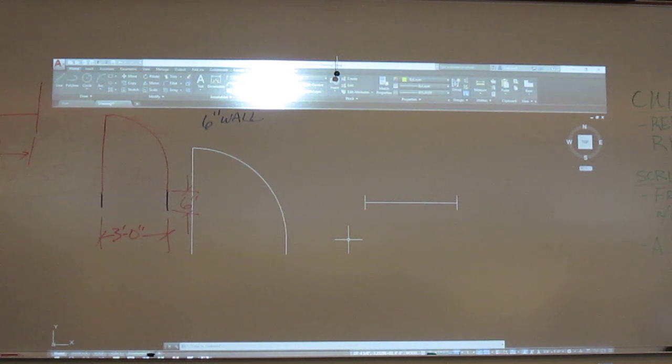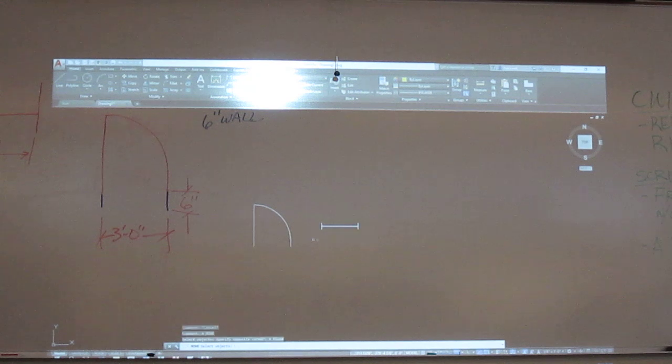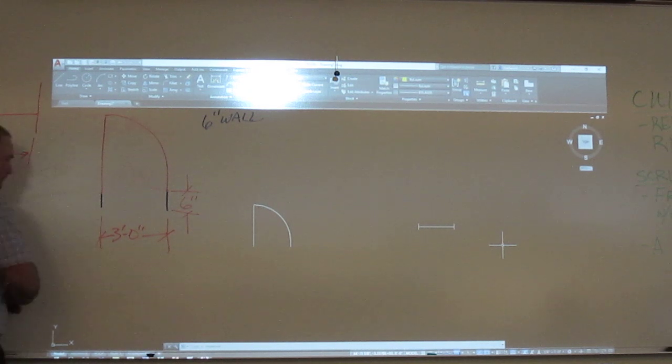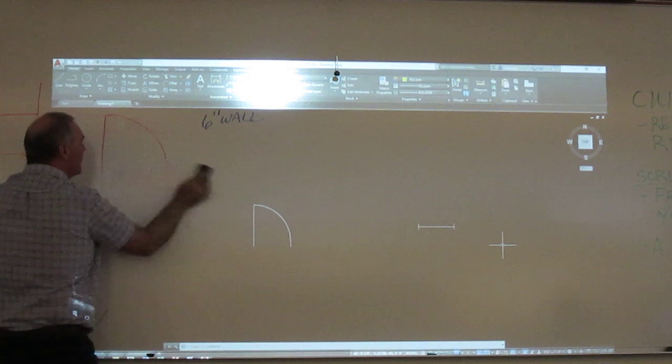Okay. All right, so we have these. Now, in essence, what we're going to do here is we're going to make some blocks for doors and windows, and we're going to attach some information to them. For us to make this a block, we need to make the block when we have the information next to it. As you went through the chapter, they covered pretty much how to do all of this.